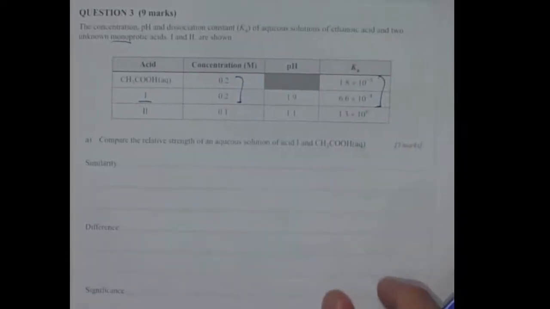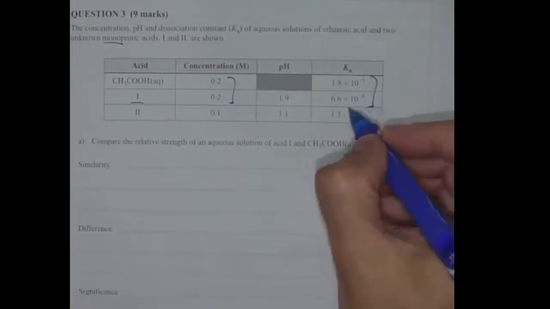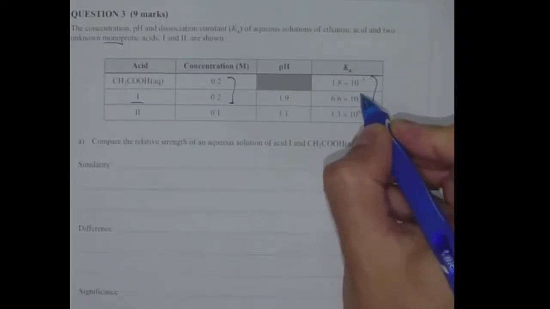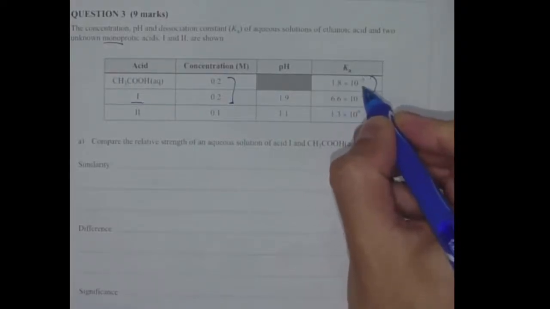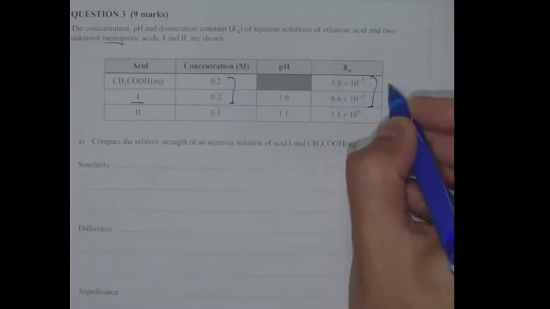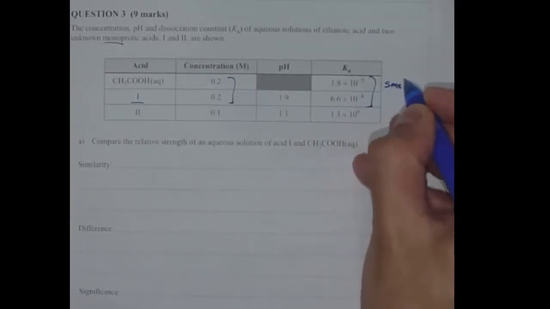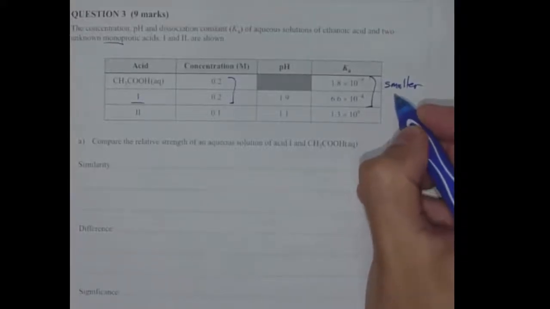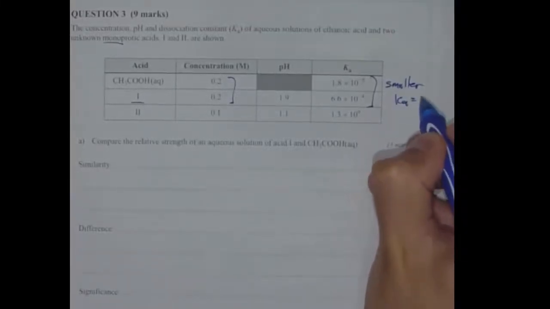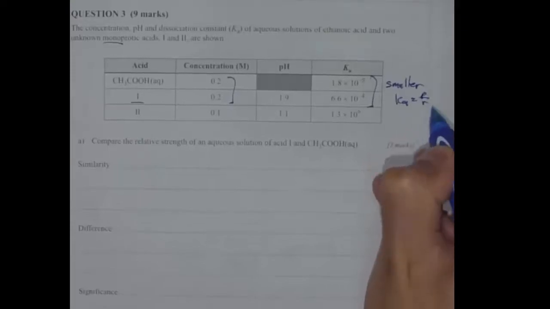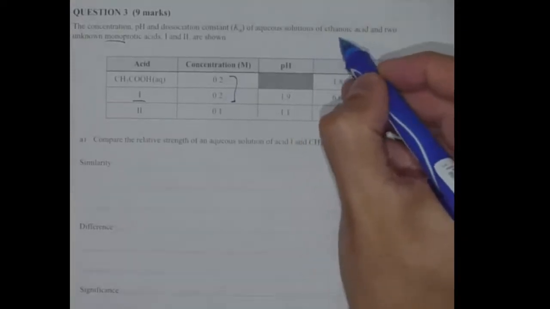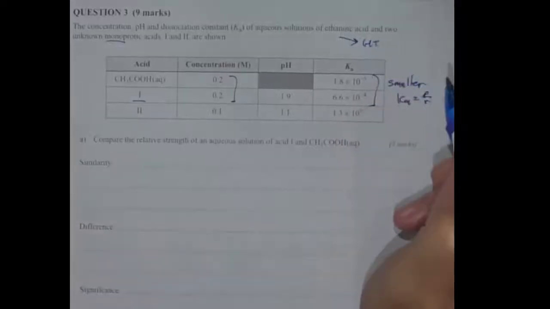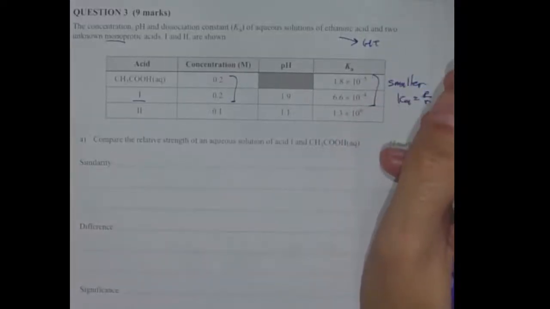That one has a Ka of 10 to the minus 5, and so that one has a smaller Ka, and the Ka is products over reactants. So if it's a smaller Ka,